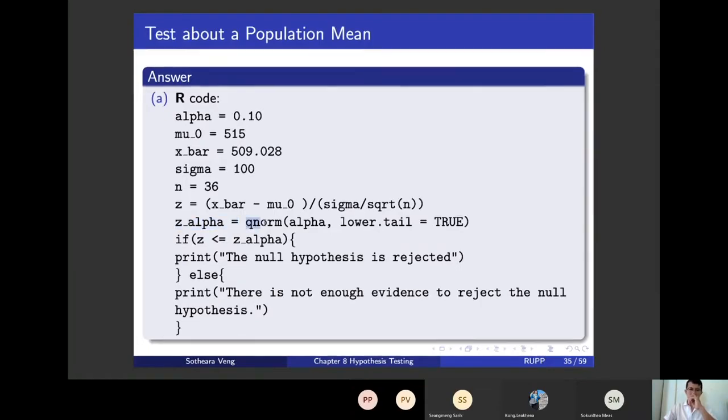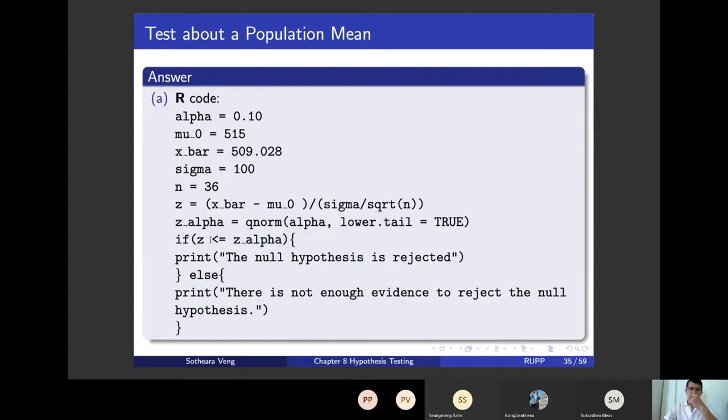You can get C alpha from this. Okay, I already explained you. So this is how to decide on your conclusion, depending on the Z value you computed from the sample, right? So you may look at this conditional in R programming. If Z value is less than the critical value,